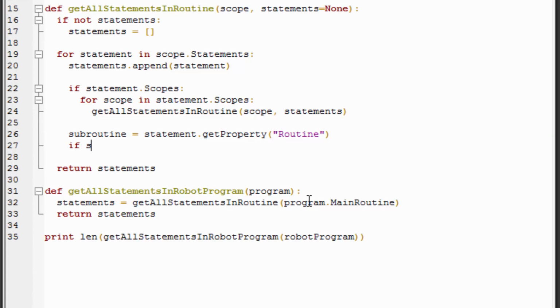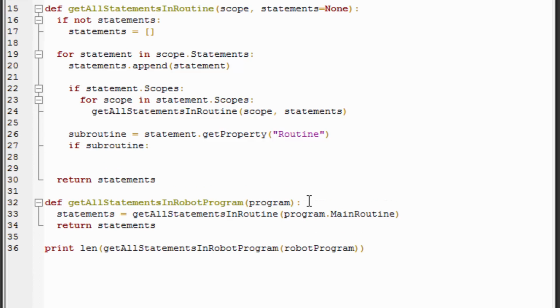So if subroutine, if there is a value, what do you think we're going to do? Hopefully you guessed it, we're going to call the method again. So get all statements in routine, and then we'll pass that subroutine. But we don't want to pass a VC property object, we want to pass an object that has some type of scope.